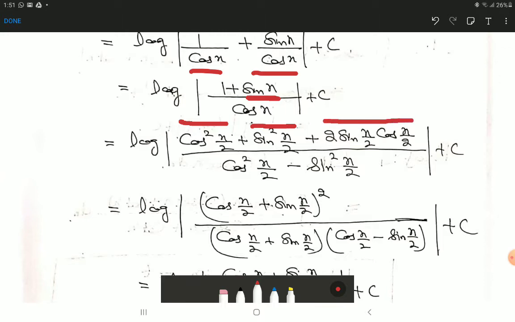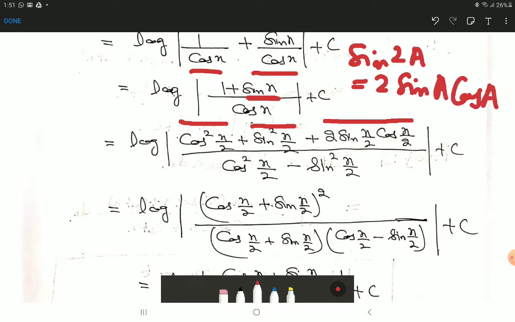This you have done in class 11 in the form of sine 2a is equal to 2 sine a cos a. That is, the angle on left is halved on right. So if the original quantity is 2a, final quantity becomes a. But in case original is a, final will become a by 2. So sin x is 2 times sin x by 2 cos x by 2. And I hope you must have used it several times in class 11.